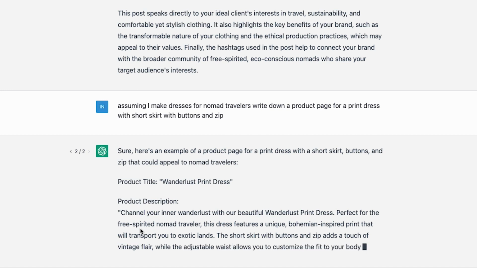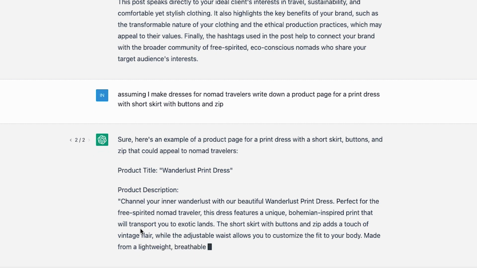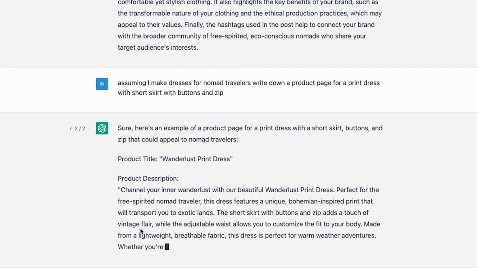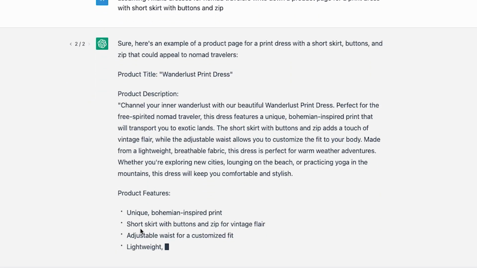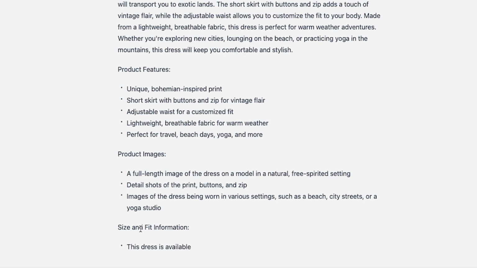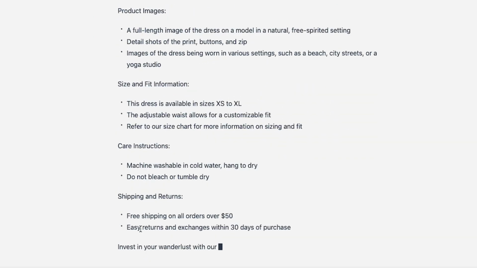Made from lightweight, breathable fabrics, this dress is perfect for warm weather adventures, whether you are exploring new cities, lounging on the beach, or practicing yoga in the mountains. This dress will keep you comfortable and stylish. This is perfect. And then I have product features, product images, size, fit information, care information, shipping and returns. Like here, you saved literally a ton of time and you don't need to hire someone anymore to make